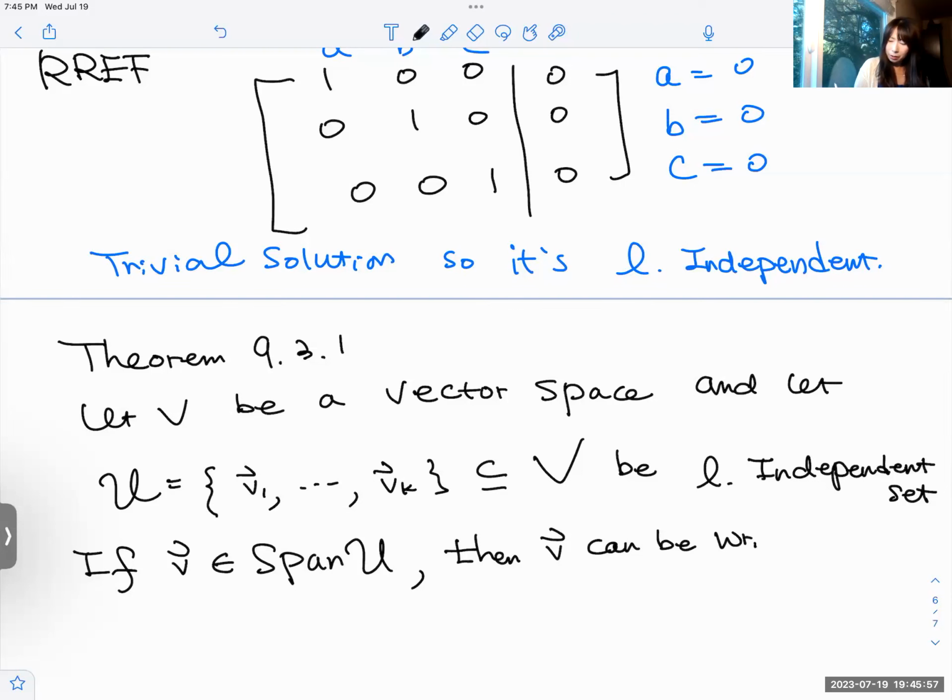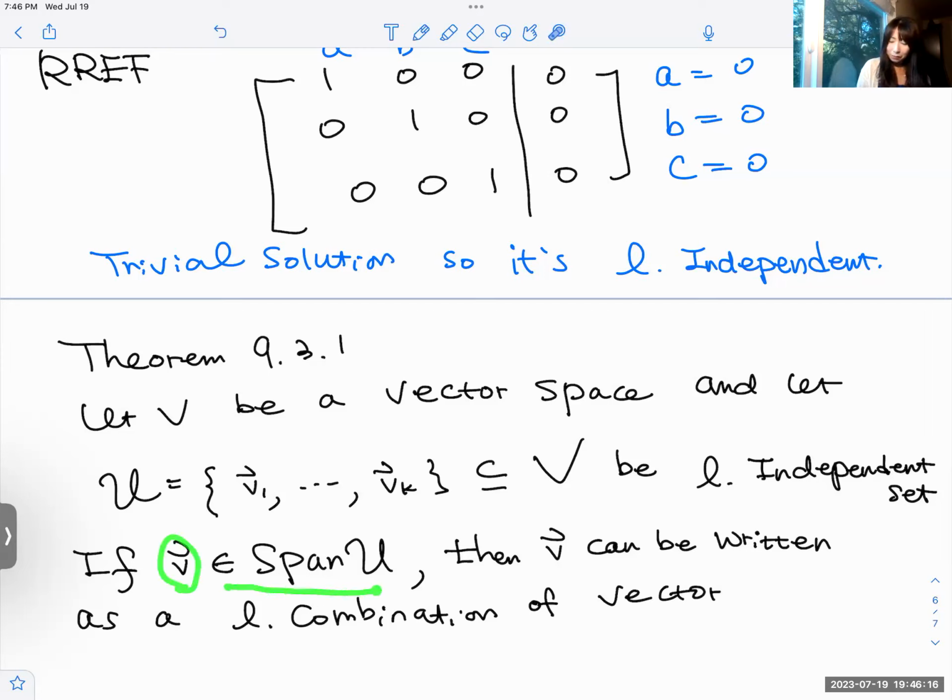V can be written as a linear combination. Let me denote it this way: a linear combination of vectors in U, right? So if V is in the span of U, this one can be written as a linear combination of the vectors in U, right? Okay, now